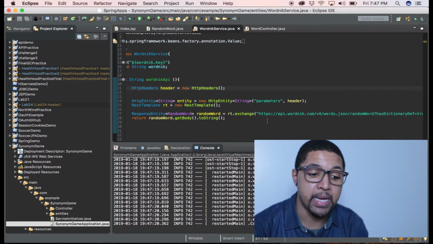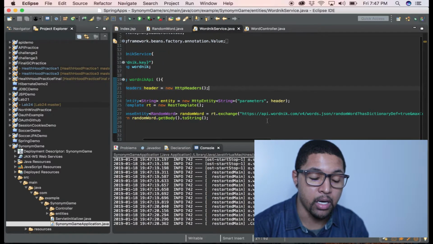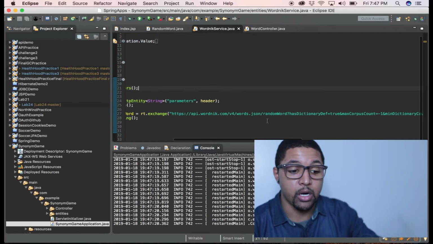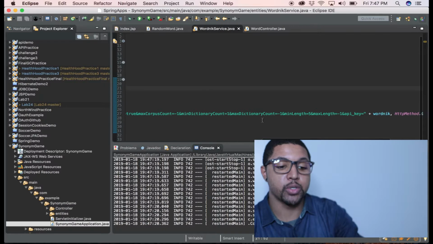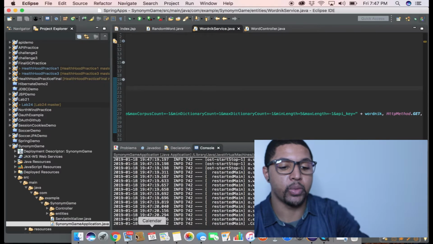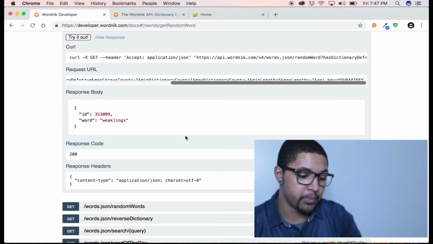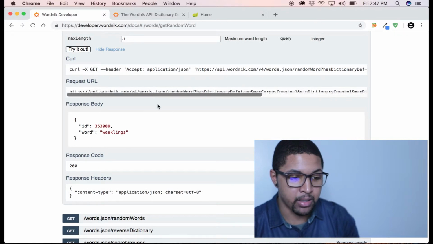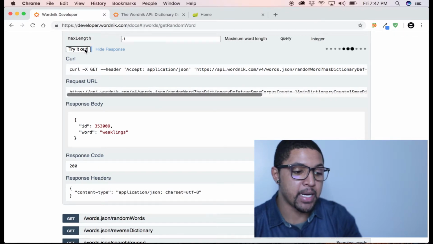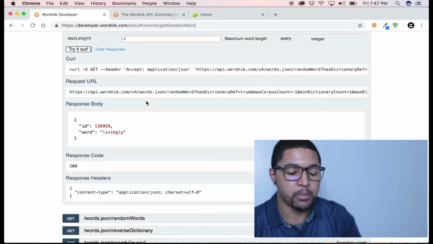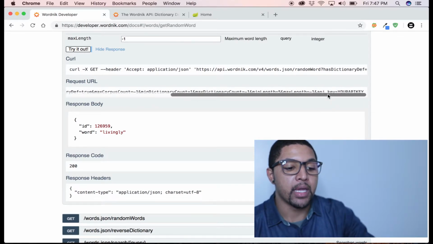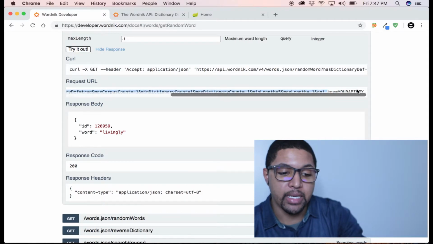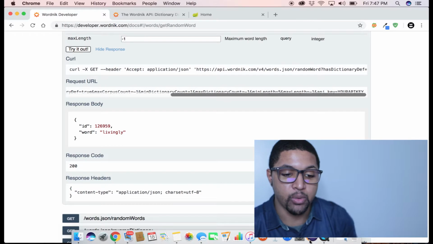So we're going to use a method in the REST template class called exchange. And this is now where I'm going to put, as you can see, this entire URL that we got from here. So I can just show you guys and make sure I'm being thorough. This is the same API that we got here from the request URL. I'm sorry, the same URL that we got from right here, the request URL. And at the end,